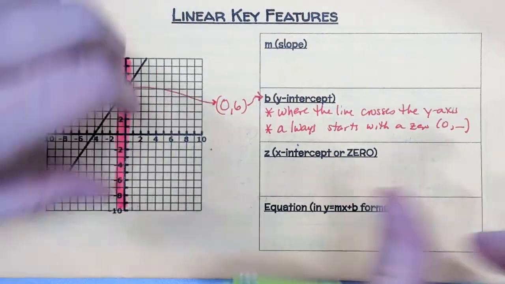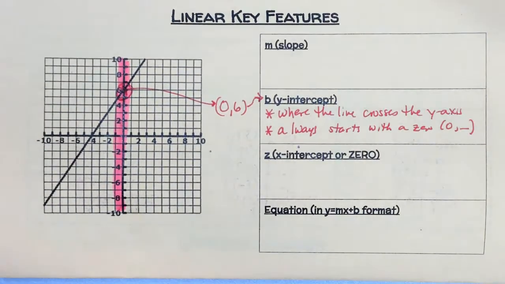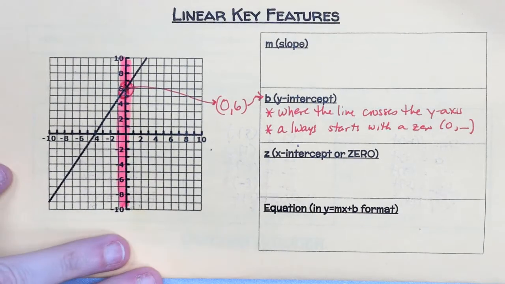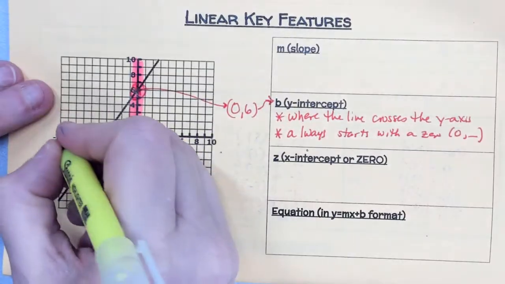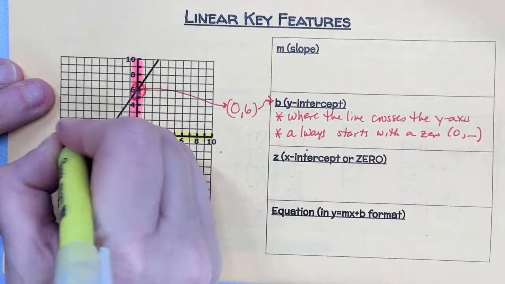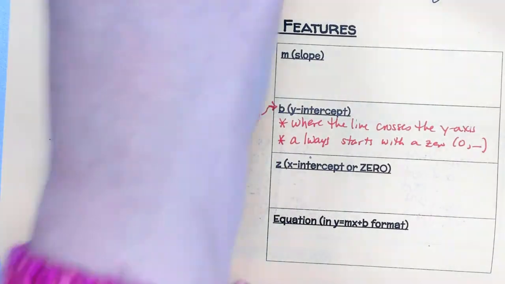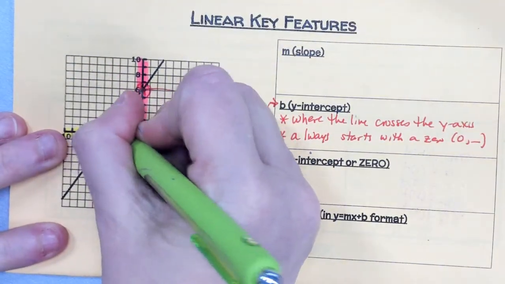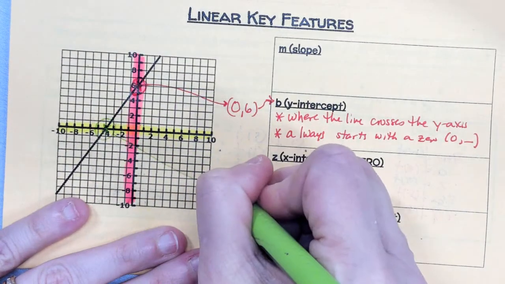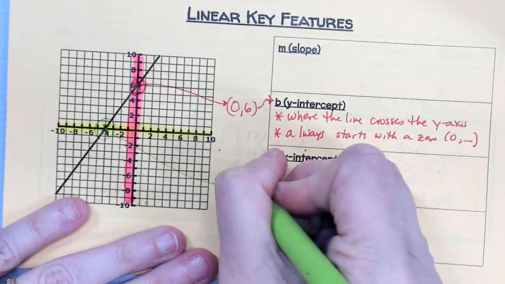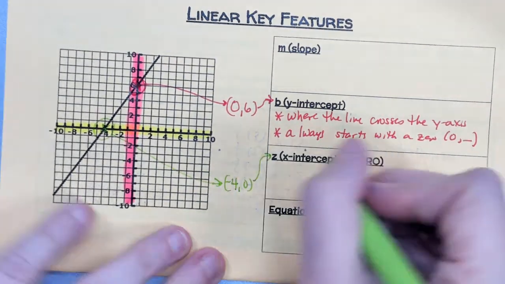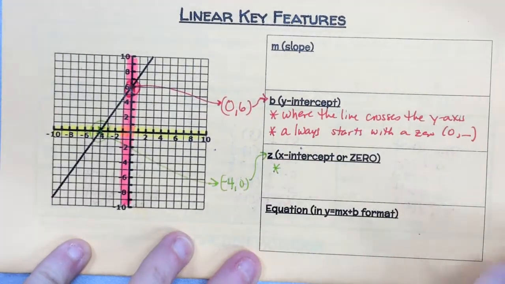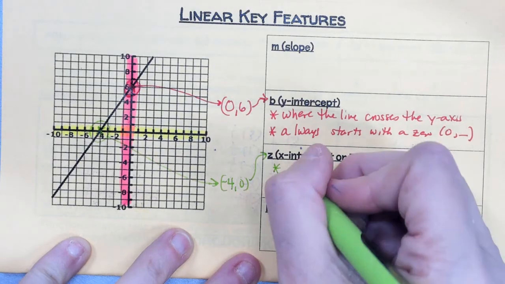Okay? Okay, so now, if I was going to find the x-intercept, which is the Z, y'all can ask questions, it's okay. If I was going to find the x-intercept, I would highlight the x-axis, and then I would look, where does my line cross? And it crosses right there. Okay, exactly. So it crosses at (-4, 0). Okay? So my x-intercept, or my Z, is